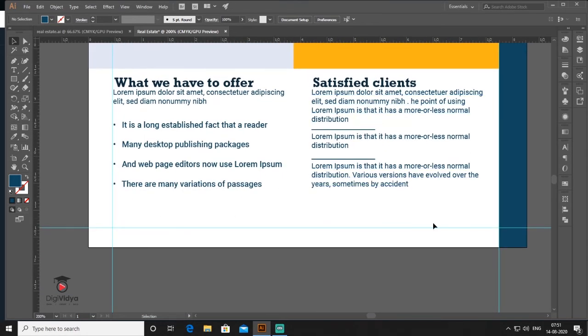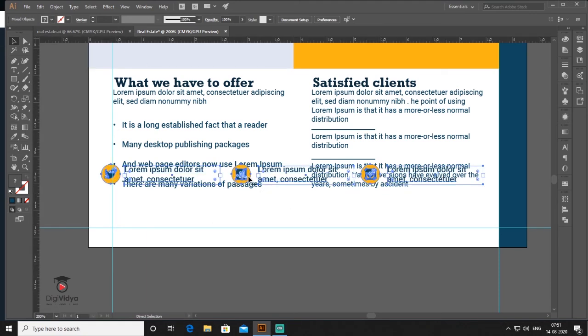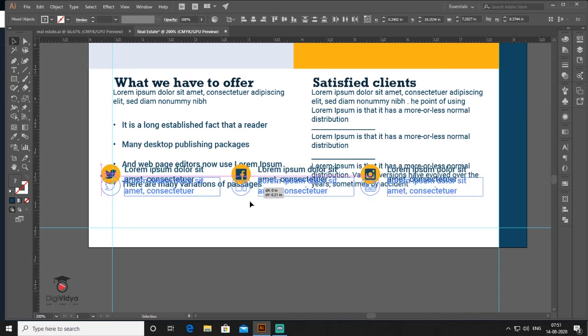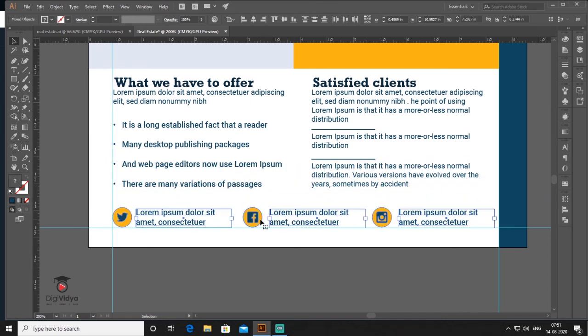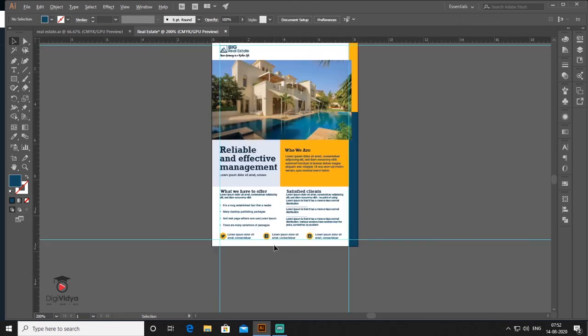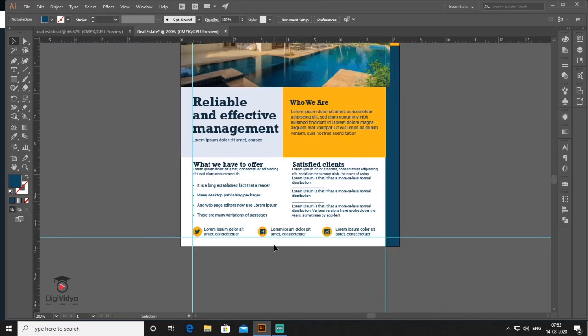and then at the bottom of my leaflet I want to put some social media icons over here. And I import some social media icons. Right, so here